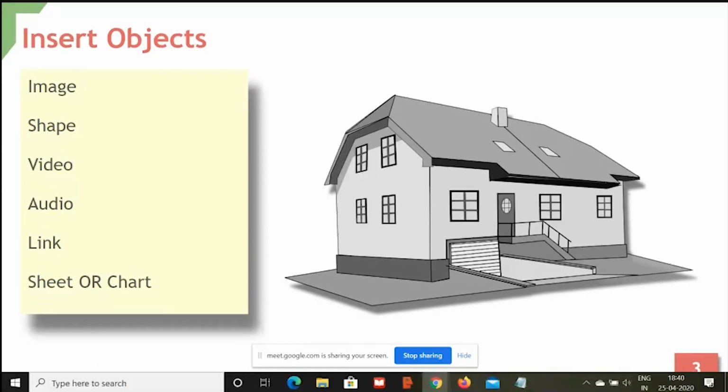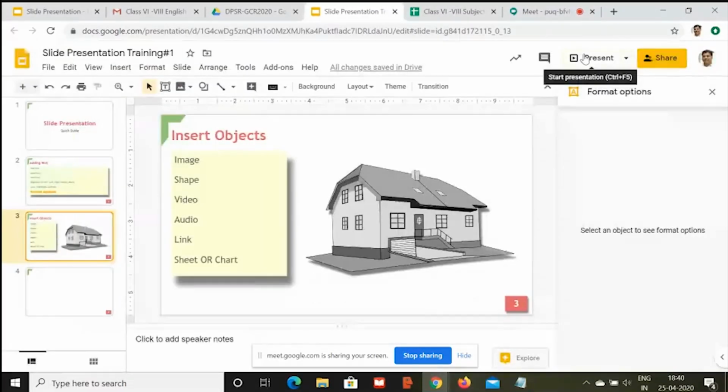Okay, so just remember the kind of picture which we inserted, and after that we customized it according to our need. Now the question is, do I need to always use this entire image? You may be requiring a small portion of this image. What will you do in that case? Let's keep this slide as it is and let's make a copy of this, and in that copy we will do the editing part, right?